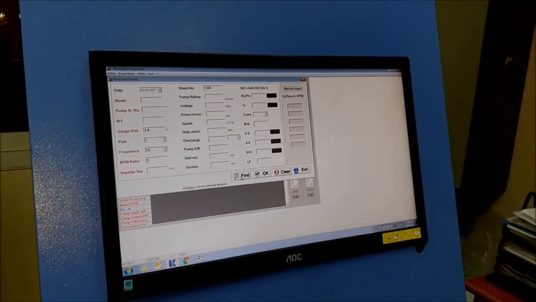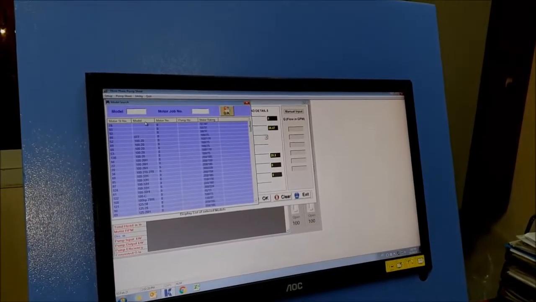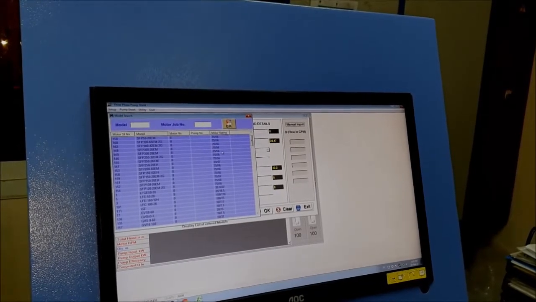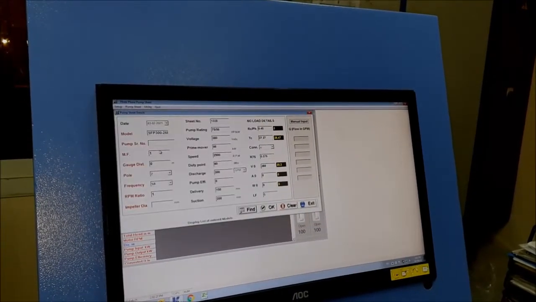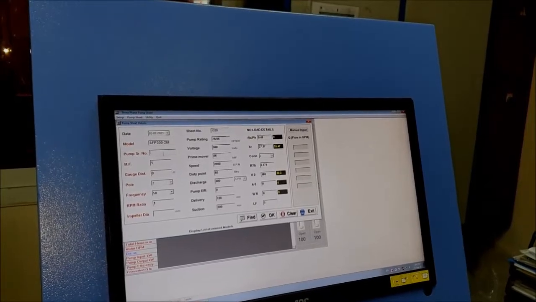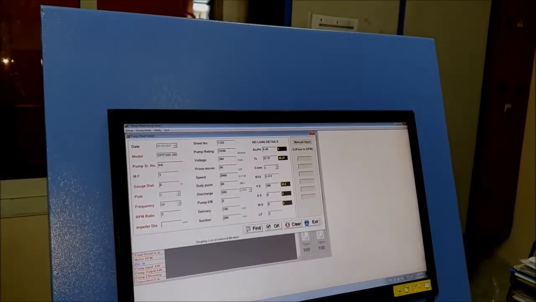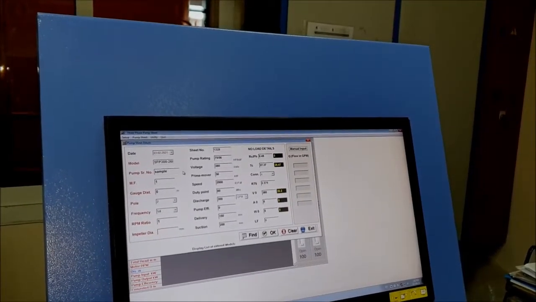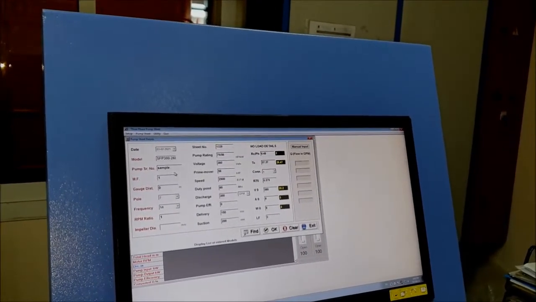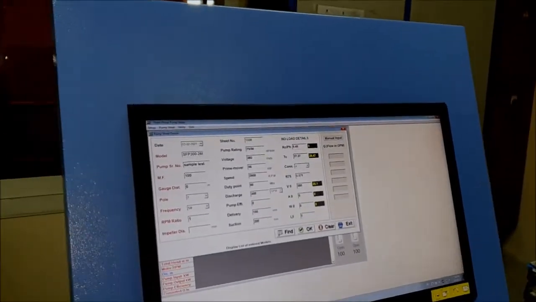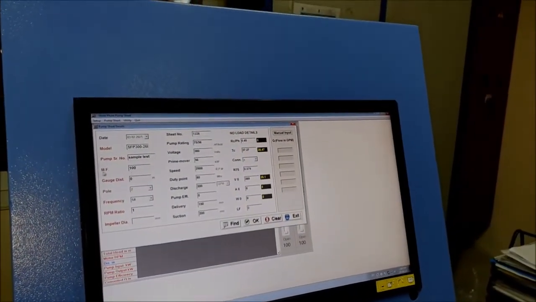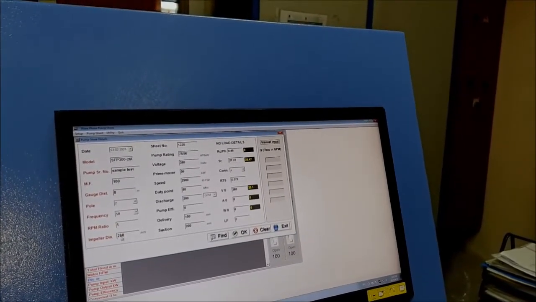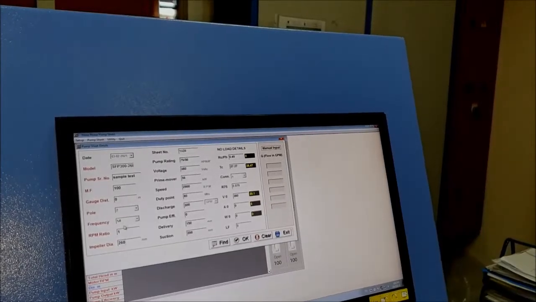Here you need to select the specified pump you have installed for the testing. You need to select the model, and everything will pop up from the records. Here you need to provide the serial number, and also, as per UL, you need to provide one GPM level where you need to test the condition.